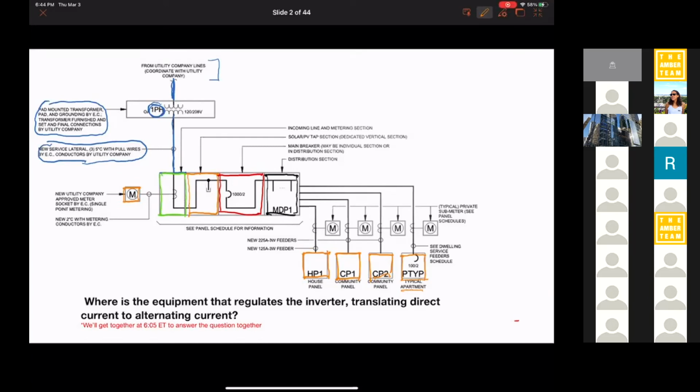So what we do, and I think it's in the electrical code, it's certainly the rule almost everywhere I know of for new construction, is we have to meter each tenant, because that way each tenant is rewarded for conserving electricity, and it's not a race to the bottom where everyone's using more and more electricity because they think everyone else is. All right, so we have a meter there. This is new 2-inch conduit with metering conductors by the electrical company. So this is still in the world of the electrical company, and this particular panel right here,